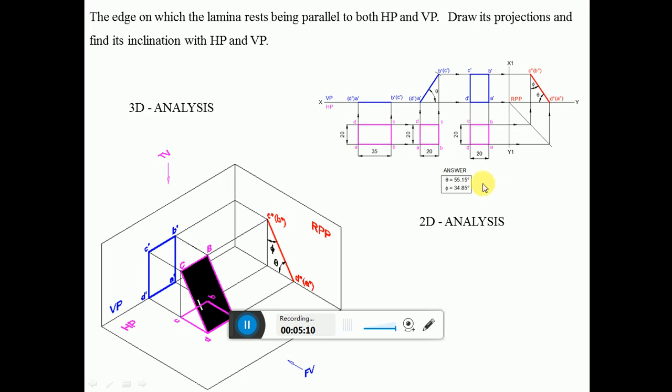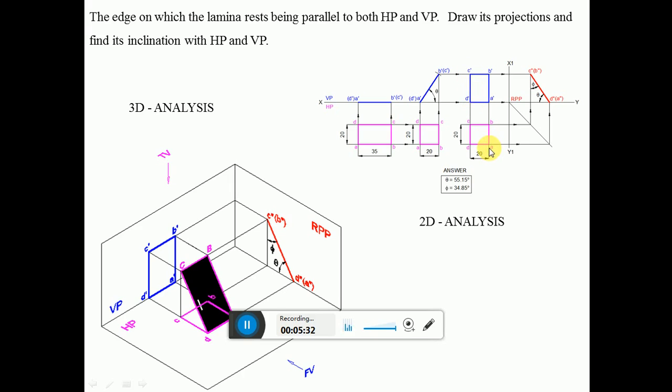So I have rotated in the counterclockwise direction. If you want, you can rotate clockwise also. Then AD will come here and BC accordingly will be considered. Then draw a vertical projector from DC and draw a horizontal projector from C dash and also D dash to get this point, or to get this line.